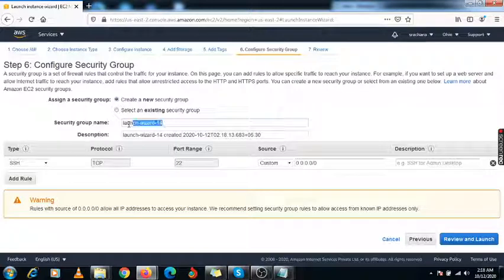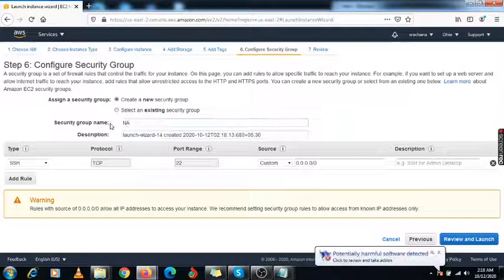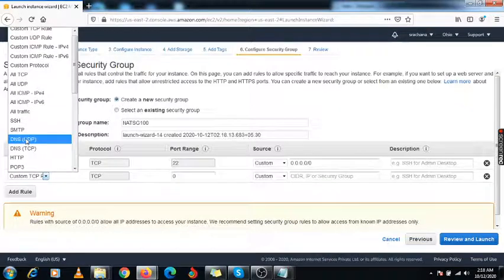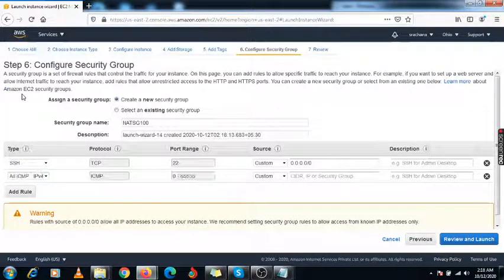Here I'm going to create one security group having the name NAT service group 100. If you want to enable any particular port, I'm just opening all ICMP version 4, and here you need to select anywhere.